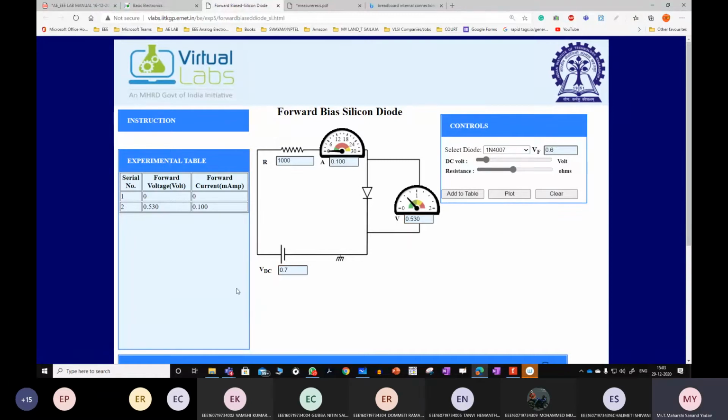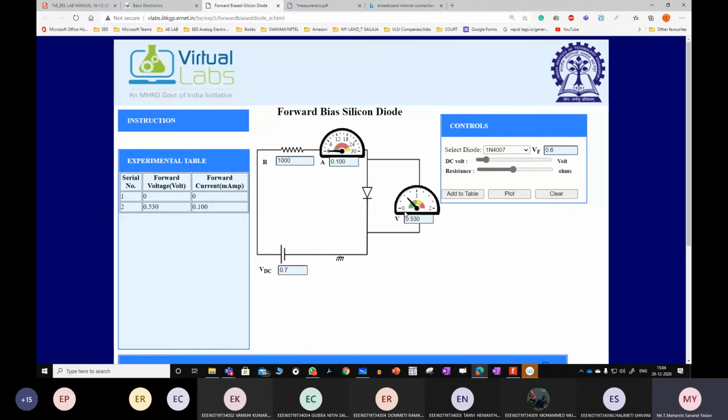Any change? Yes. So is this diode an ideal diode or practical diode? Practical diode. Okay, the forward voltage is 0.6. In case of an ideal diode, it will be 0 directly. VF will be 0. Now next, I'm trying to increase the value. In the experiment, what you need to do is, for different values of VDC, calculate the current